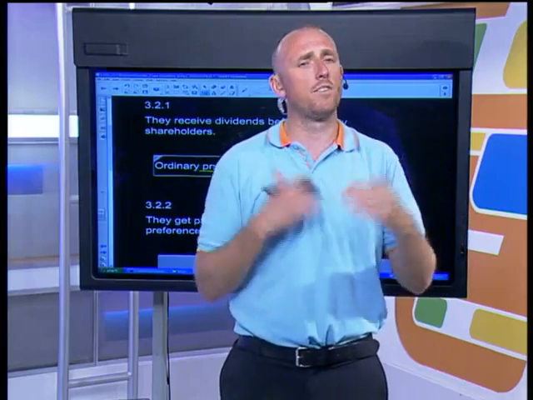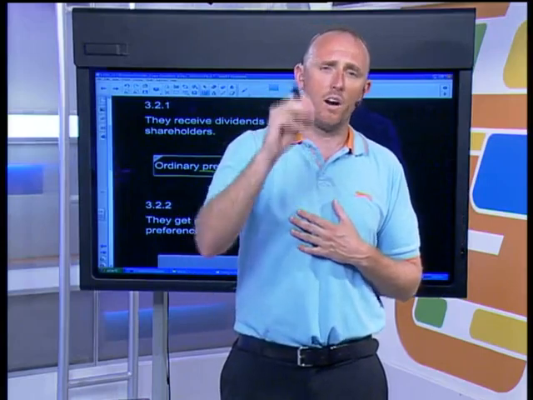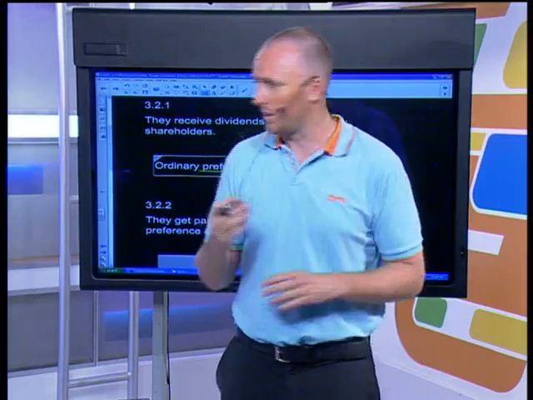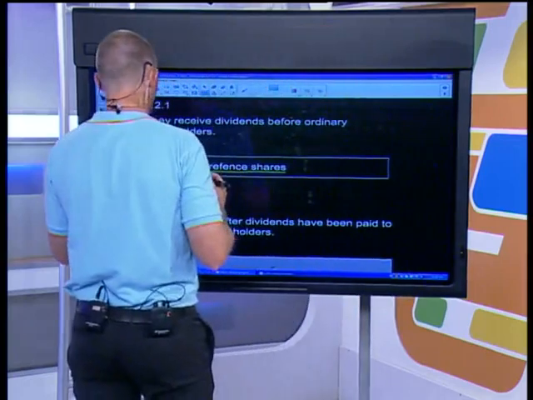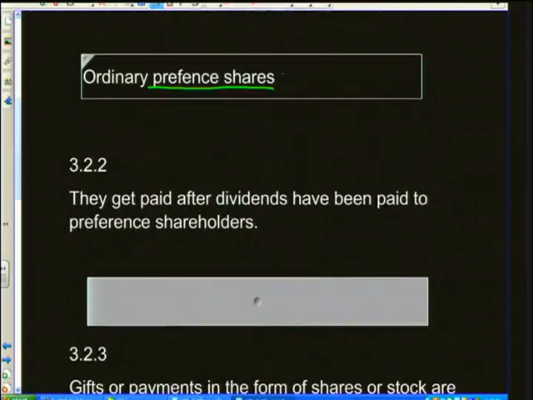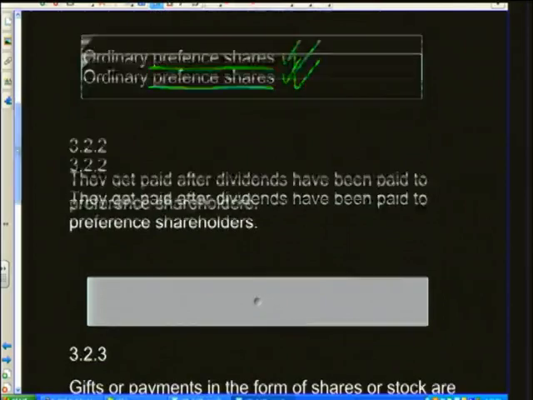Okay. You also get a variety of different types of preference shares that I really suggest you guys go out, research them, and make sure you know the difference between them, right? In this case, knowledge is power. You guys need to know what you are doing with all of this here. Okay. So all of these questions here, they were for 2 marks, right? So we put there ordinary preference shares, 2 marks, right?